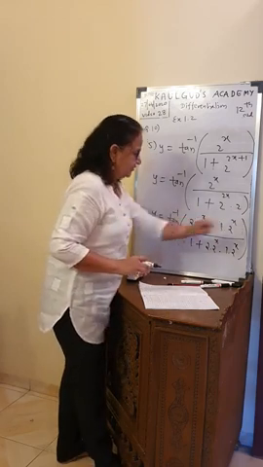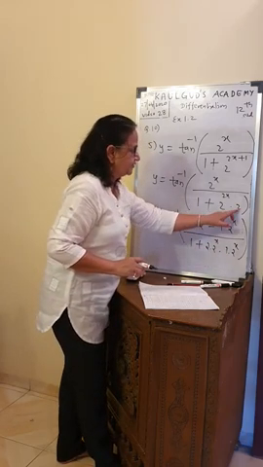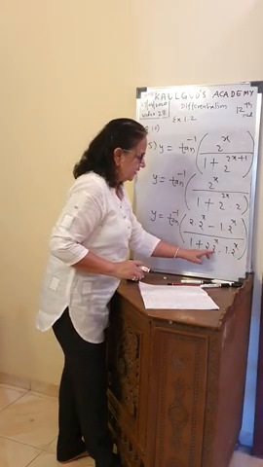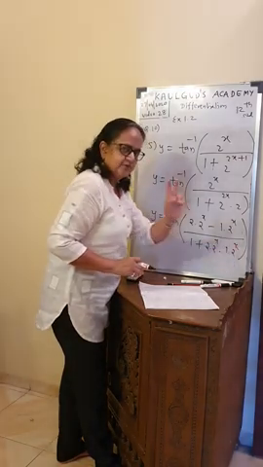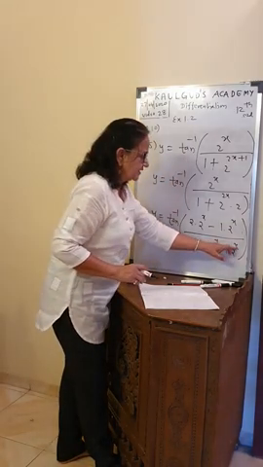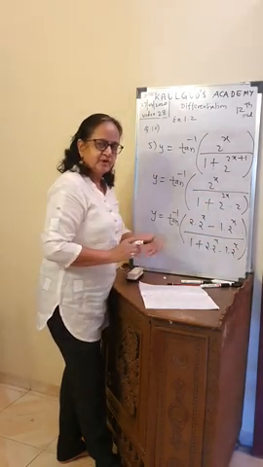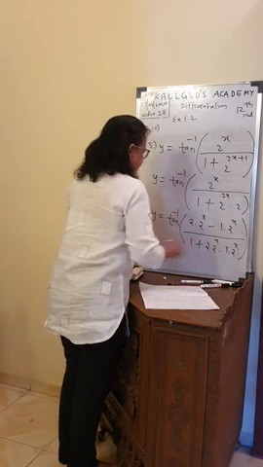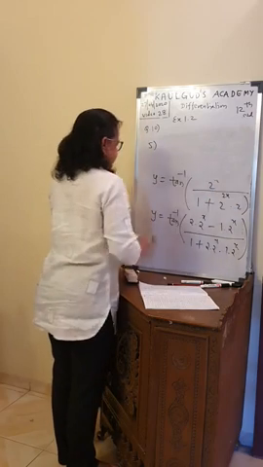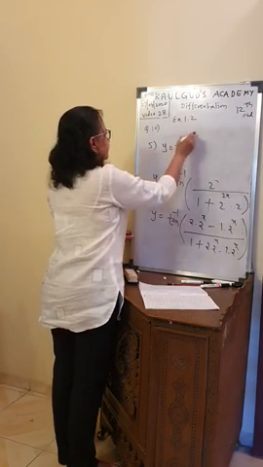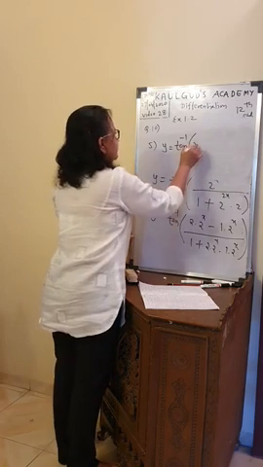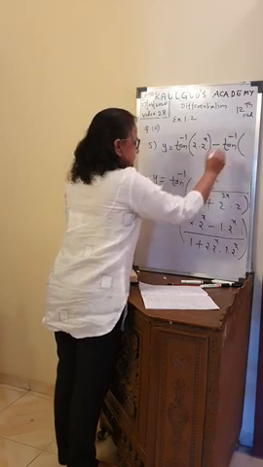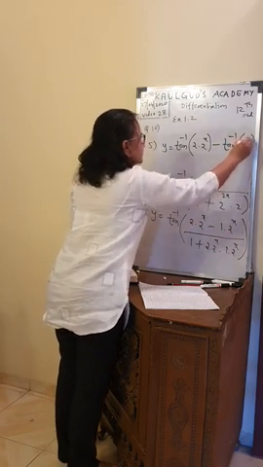And check whether it was here with you. Observe, 2 into 1 will give you 2, and 2 raised to x into 2 raised to x, common base, a raised to m into a raised to n, you have to add up the indices. x plus x makes it 2x. So got the formula x minus y upon 1 plus x into y. And so I can write y is equal to tan inverse of the first term, 2 into 2 raised to x, minus, because it is minus, I have to put minus tan inverse of the second term, 1 into 2 raised to x, that is 2 raised to x.